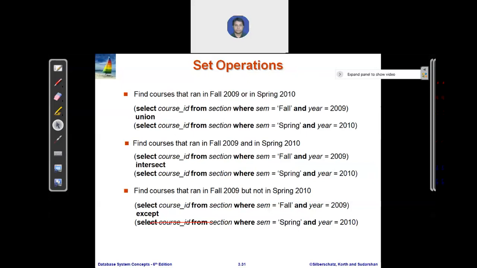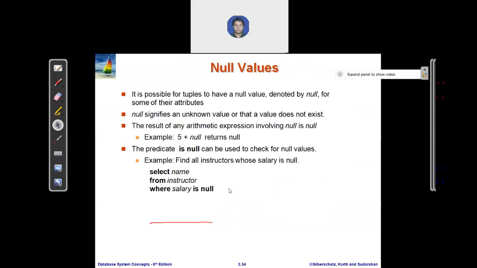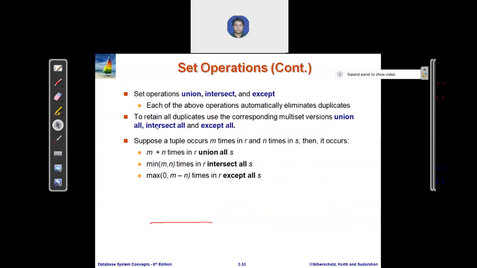But in some queries, it is necessary to retain duplication. Means if two data items have the same value, you want to retain that record. In some cases you will use the all keyword: union all, intersect all, except all. In this case, it retains the duplication and does not remove duplicate values. Okay.